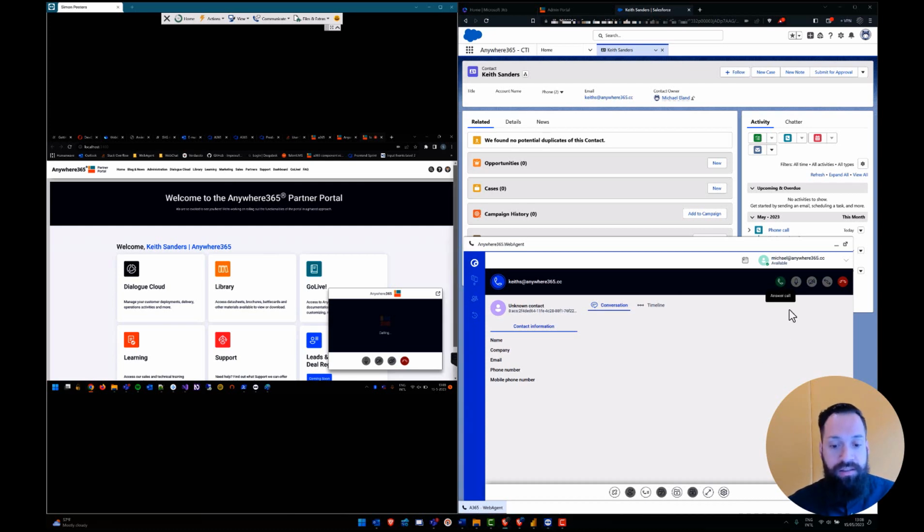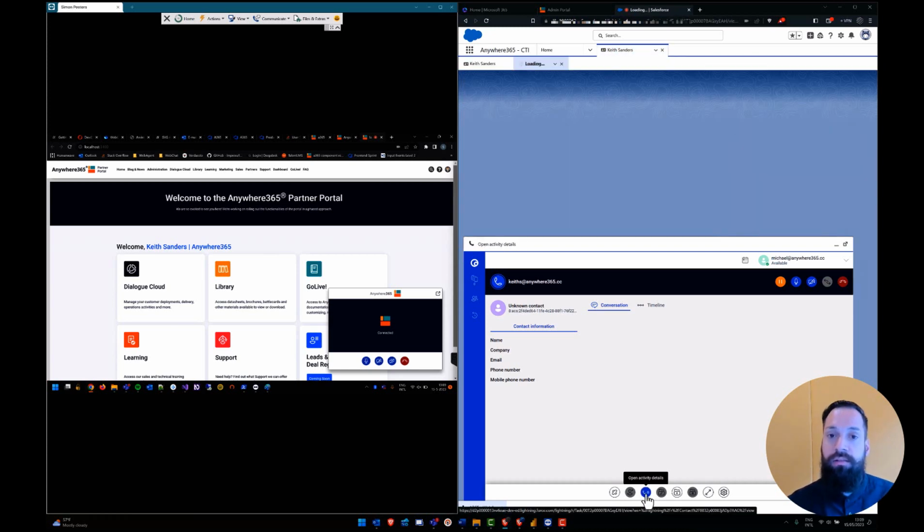And because this conversation already has the URI, it's the identifier of the customer, we can automatically populate Salesforce with the right information. If it was an anonymous session, you could use the Salesforce environment to search for a contact and then link this session. And because this is a linked session, we can then automatically create activities.